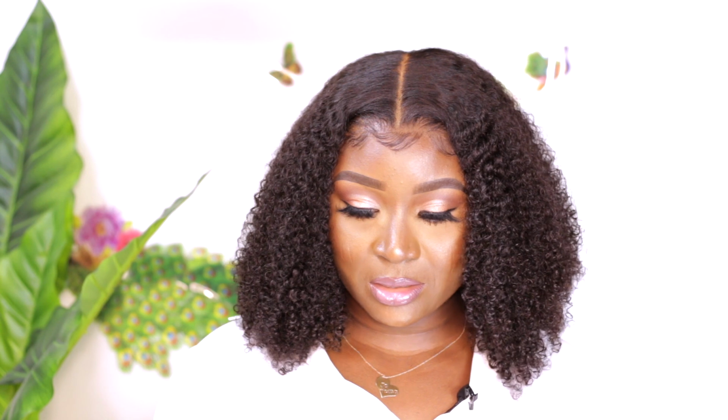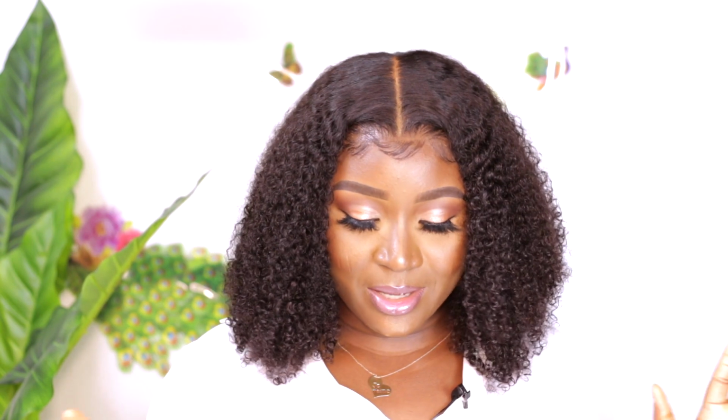So in today's video, I'll be trying on this wig from HerGivenHair. This is a 13x6 coily lace front wig and I'm going to be doing a quick install. No bald cap method, no lace glue, just free spray because it's 7 p.m. already and I do not go to bed with my wigs on. I just don't know how to sleep with something on my head, so there's no point doing all of that. It's going to be a very quick type of